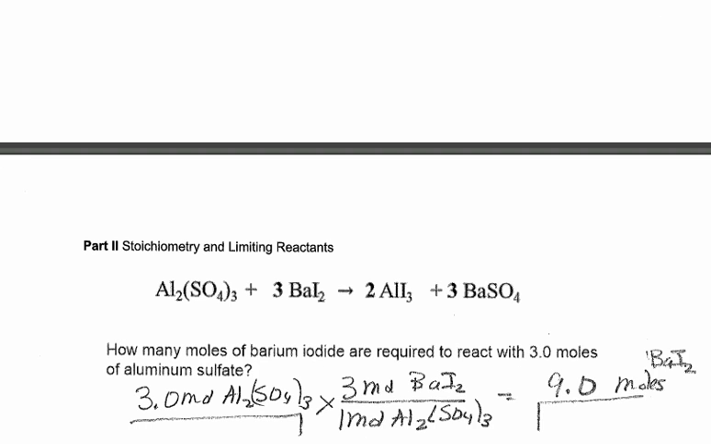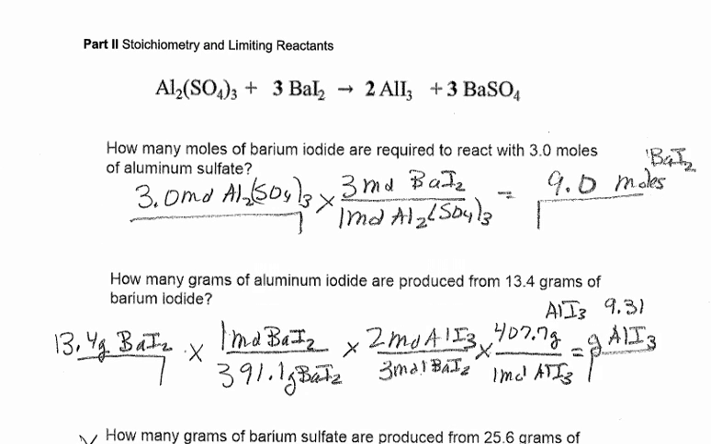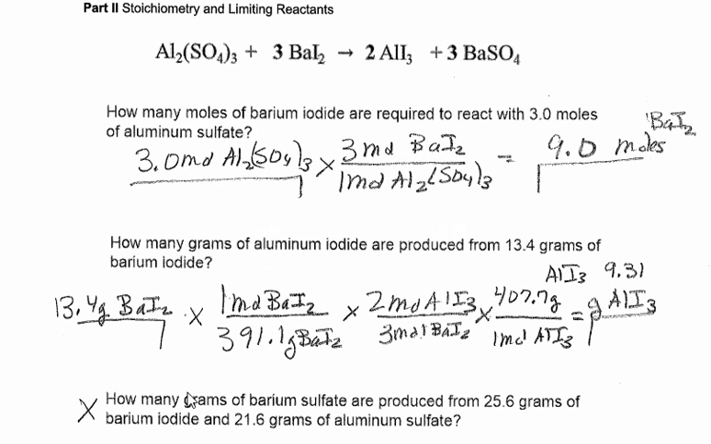Next, we have our stoichiometry. I decided not to do the limiting reactant stoichiometry, so that was X'd out. First one is a one-step. How many moles of barium iodide are required to react with 3 moles of aluminum sulfate? So we start with the 3 moles of aluminum sulfate, and we want to know how many moles of barium